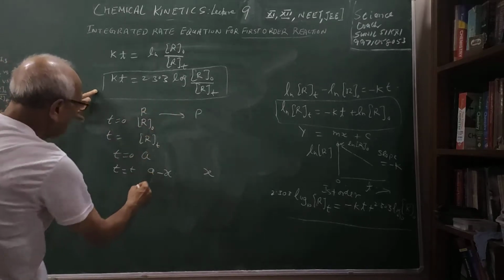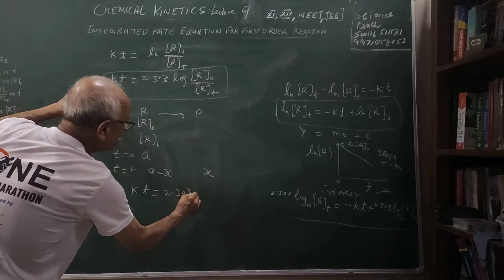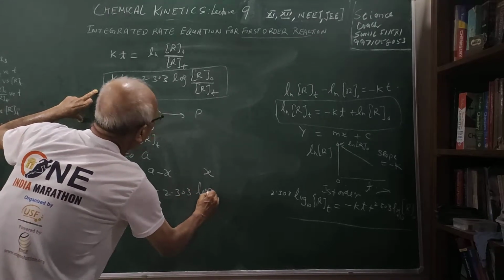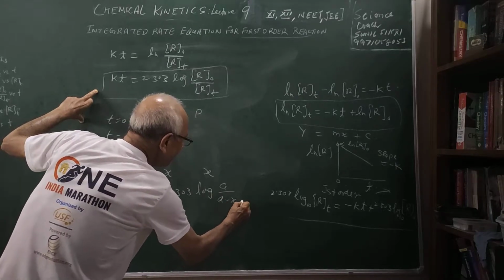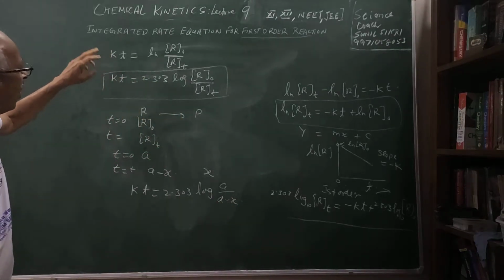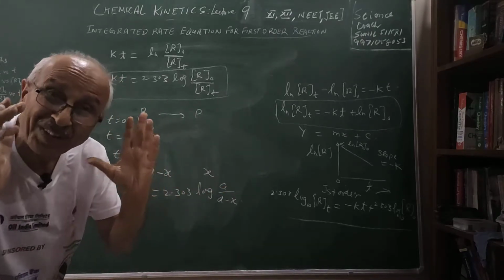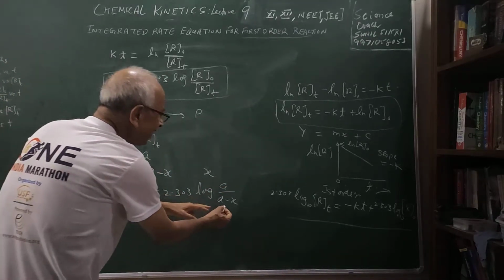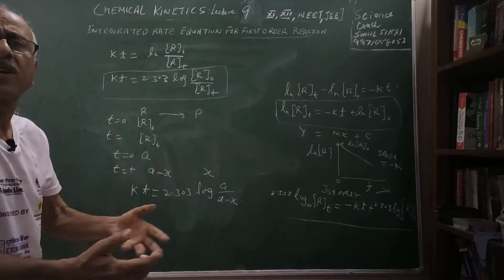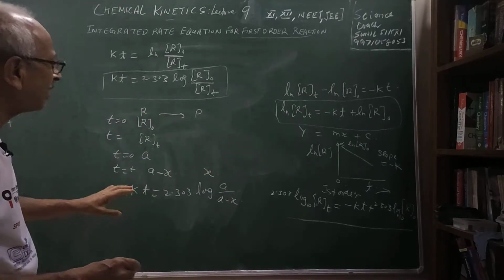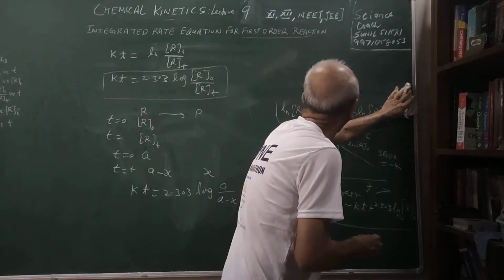Sometimes it is more convenient to express this equation in this form for solving questions, because sometimes there is confusion among the students. So I can say it A minus X. A is the concentration of reactant R at time t equal to 0, the original concentration. A minus X is the concentration after time t. So the time could be for 50%, 3/4 or 99%. Such questions will be there in the exams, which we are going to tell you now.